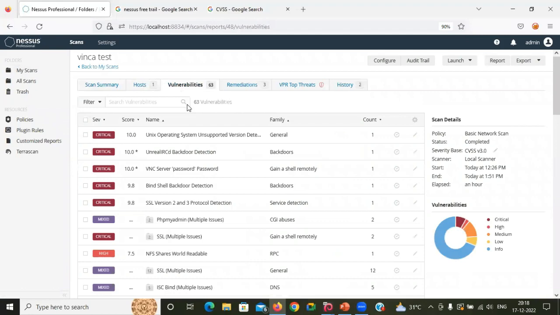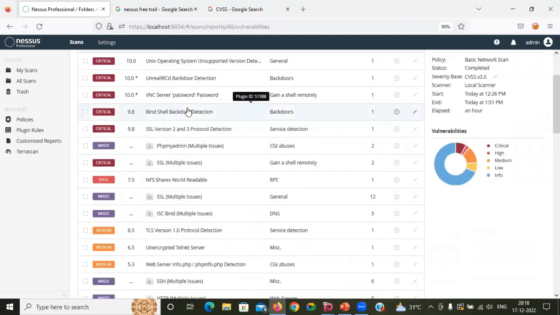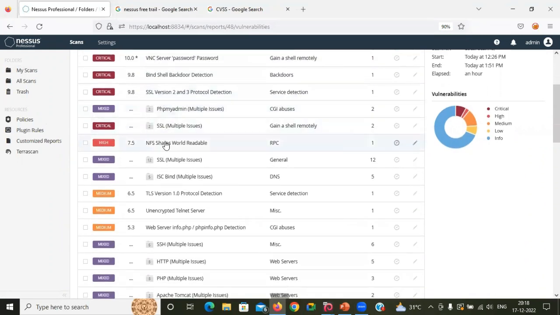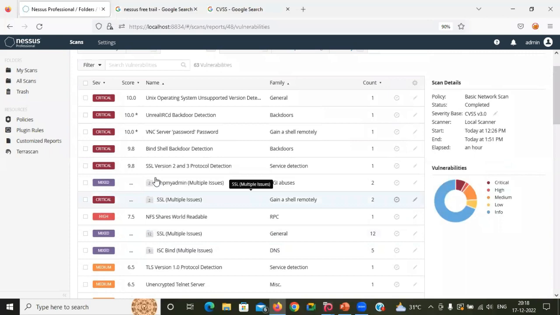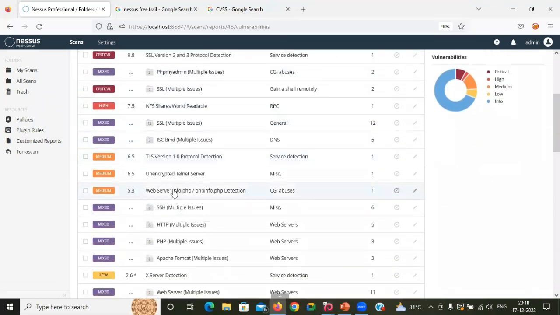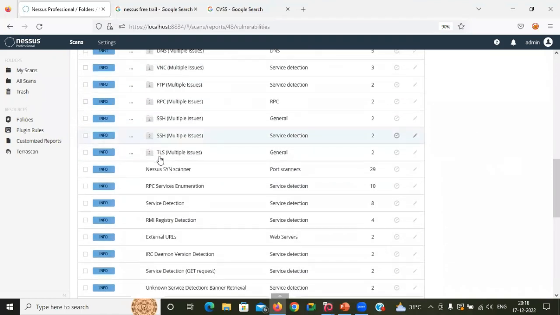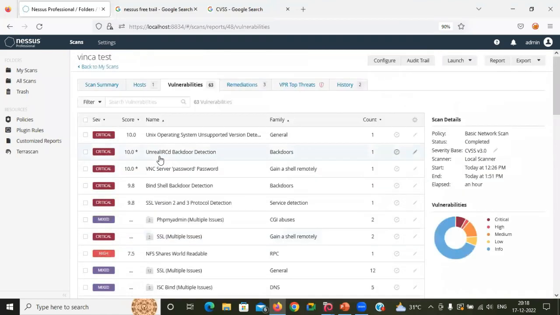Now one more thing, let me clear this up. I conducted a critical vulnerability test: how to identify a critical vulnerability, how to do penetration testing on a critical vulnerability. What about high? What about medium? The same things which I showed you while doing penetration testing on the critical vulnerability, you can do with high vulnerabilities, medium vulnerabilities, or informational vulnerabilities. These are the same. Only keep in mind that